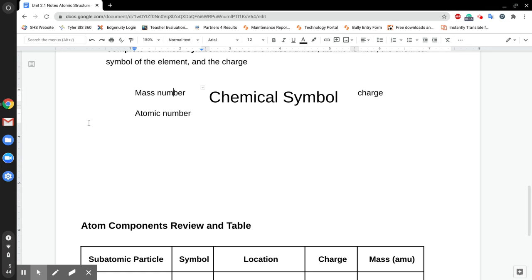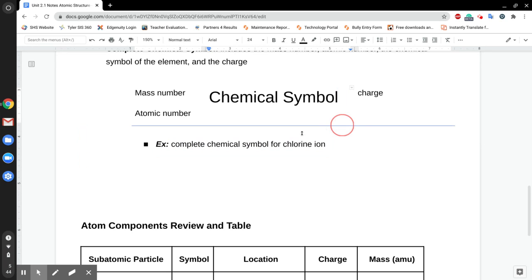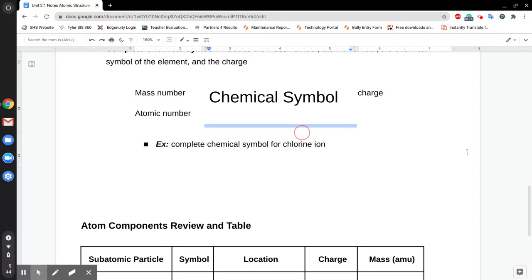Let's do an example here, in case we still don't get it. Let's look at a complete chemical symbol for a chlorine ion. This isn't enough information to know which ion, because there are different numbers of neutrons possible, but for the most part, all you have to know for now is that because chlorine